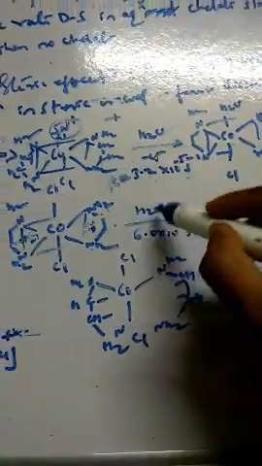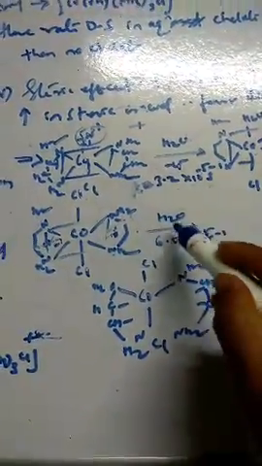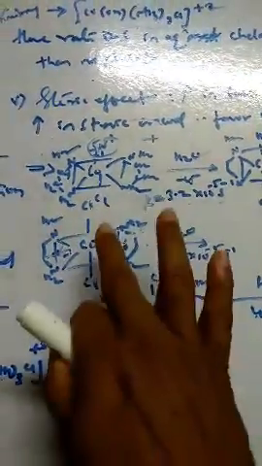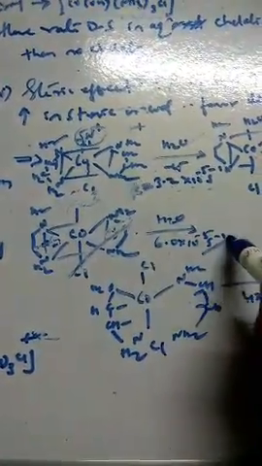Again I go for aquation now. You can see the aquation is a little bit faster here. Why? Because the bond is very easily broken and water is going inside. One of the Cl will be substituted and you get H2O. So this is the rate of aquation, and it is very fast compared to the previous one.